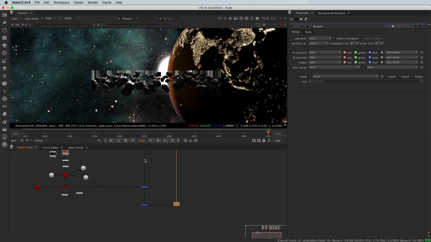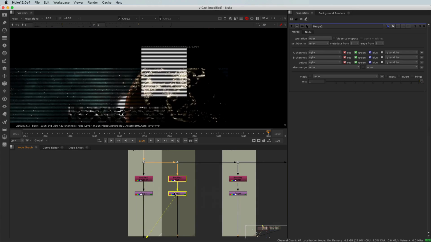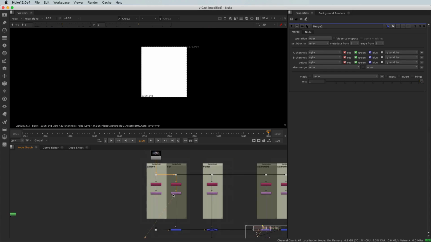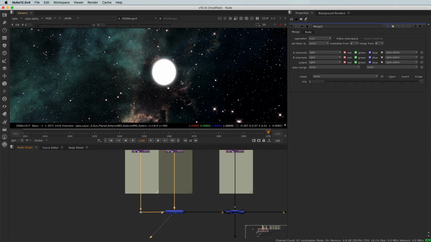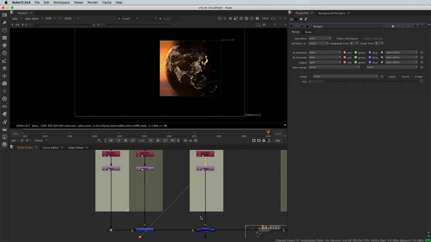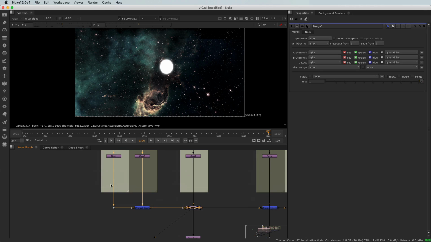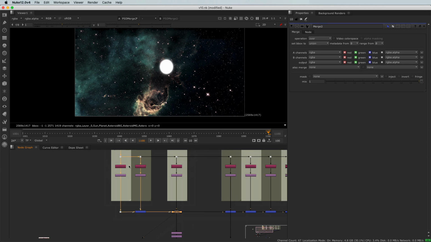So what's going on? Okay, I don't know if you noticed, but all the layers are actually looking a little bit weird. Why is the sun a square? This makes no sense, right? However, when we're merging it, it's not a square anymore. Why is the planet a square as well? And if you were to merge it as well, well, it will be fine. So what is going on here? Well, the thing is that those layers come out